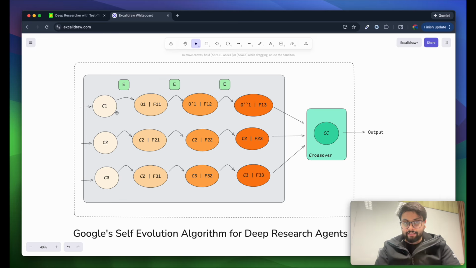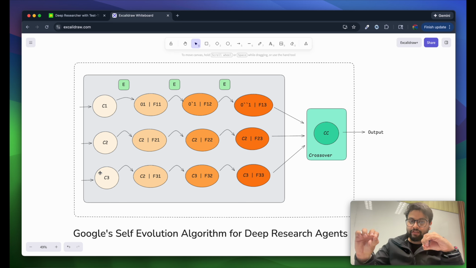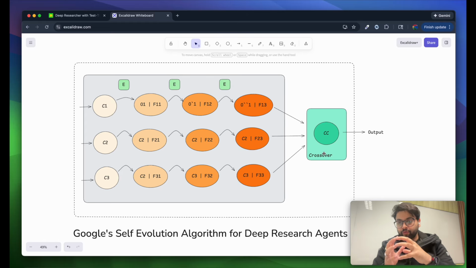Now this operation happens for 3 candidates in this algorithm, but you can take any number of initial candidates. Maybe you can take 5 to 6 initial candidates with different model configurations that go through the same cycle of environment feedback, or sequential refinement, and after that all of them produce the final output, which is crossover,